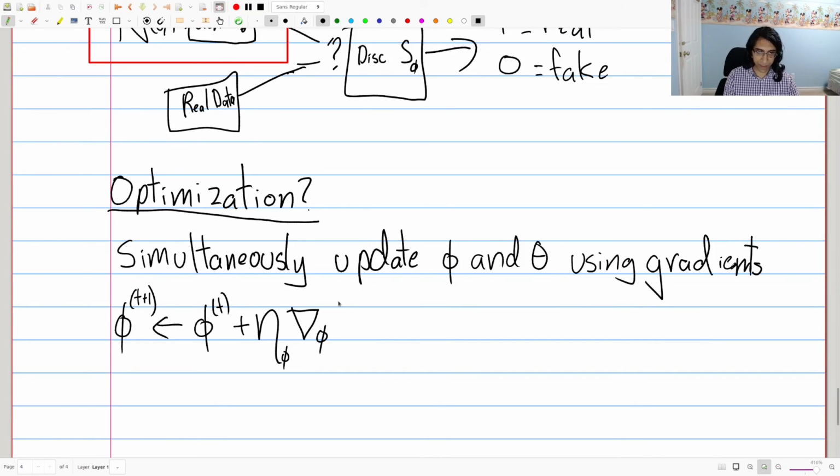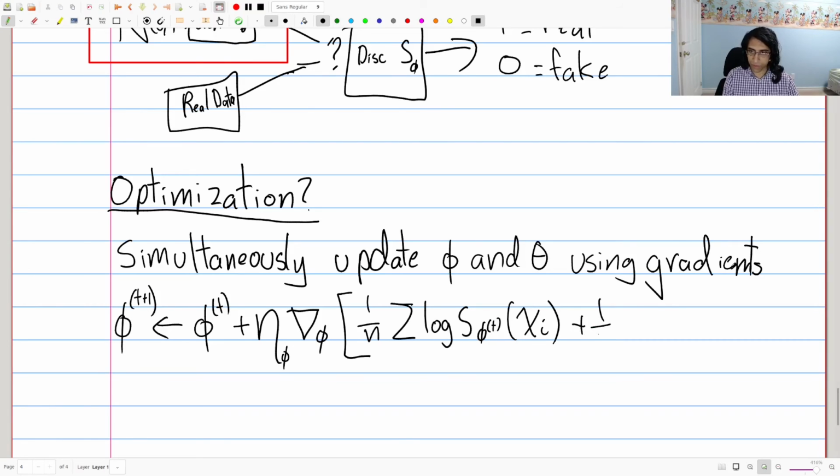You just take the gradient of this loss function here, log S phi of x_i. Let me be clear that this is S of T of x_i, plus 1 over m summation of log 1 minus